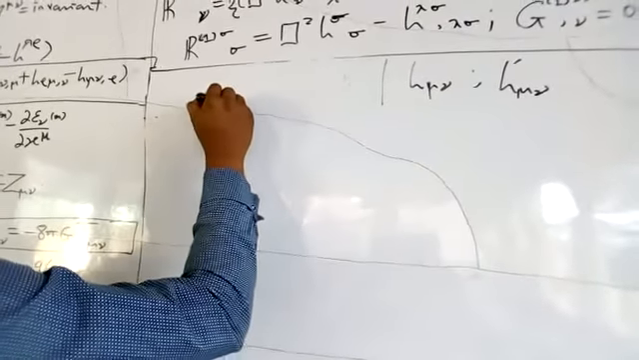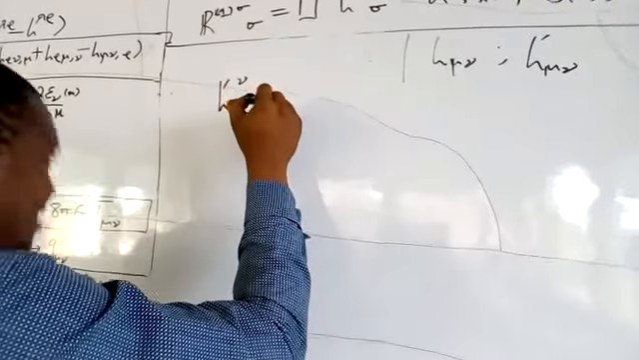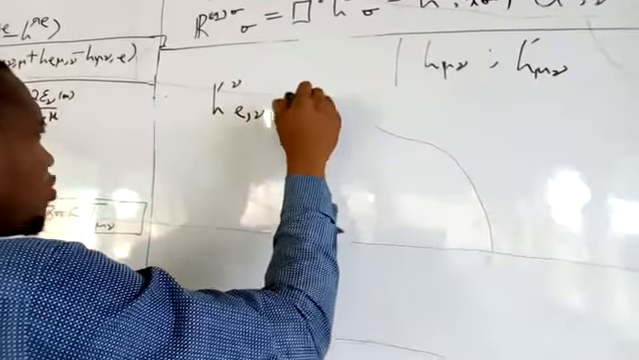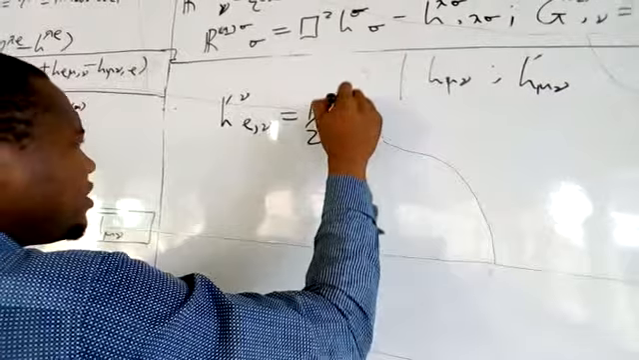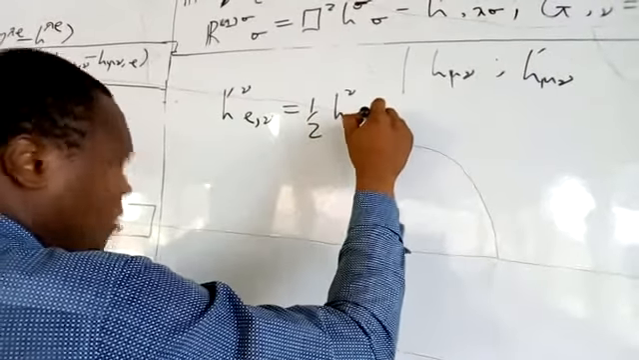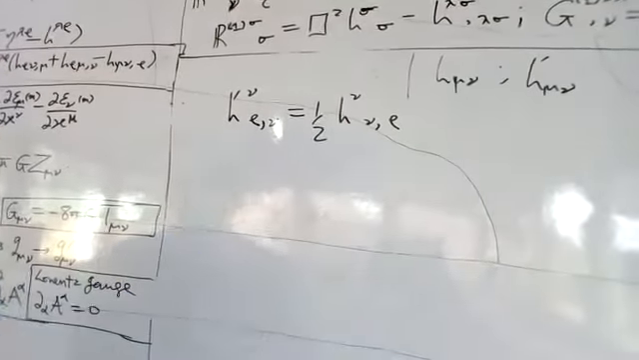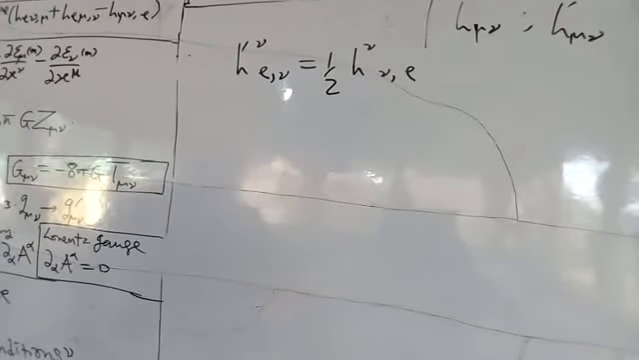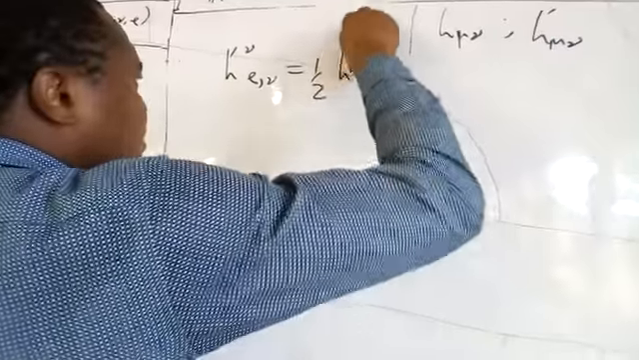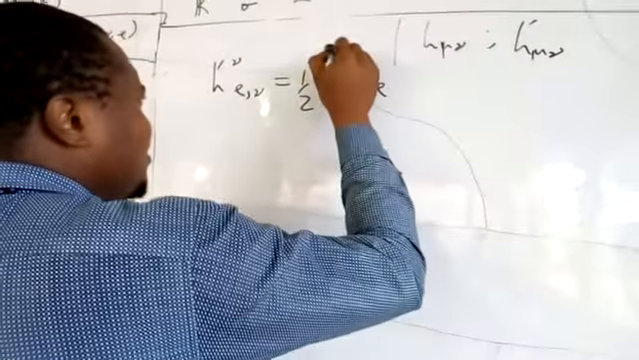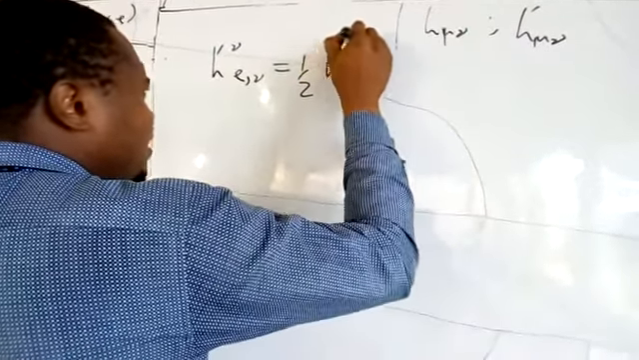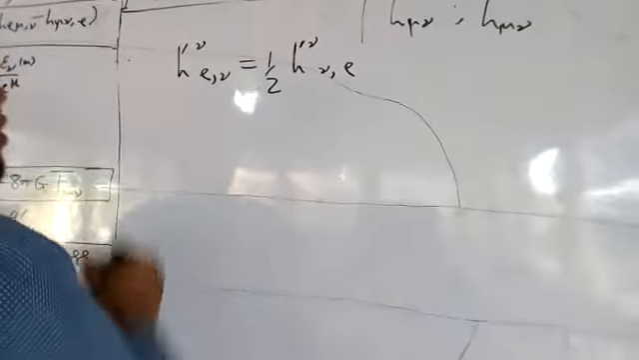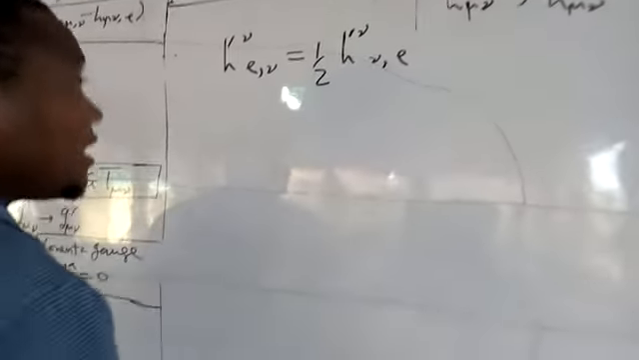Let me just intimate that here. We should have something like this: h prime nu rho, comma nu, equal to 1 over 2 h nu, comma rho. Sorry, I should have a prime here, really. I should have a prime, and that is that. In other words, we should have that. Okay, in order to be able to show this,